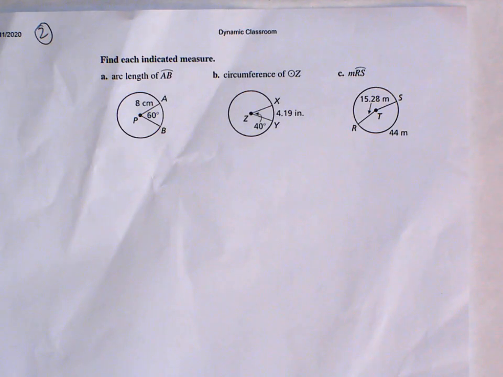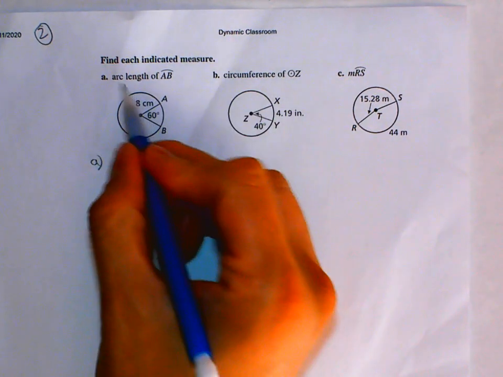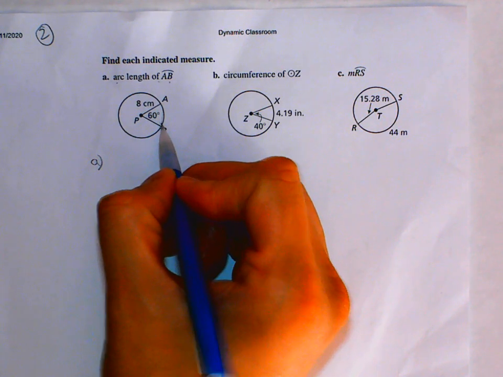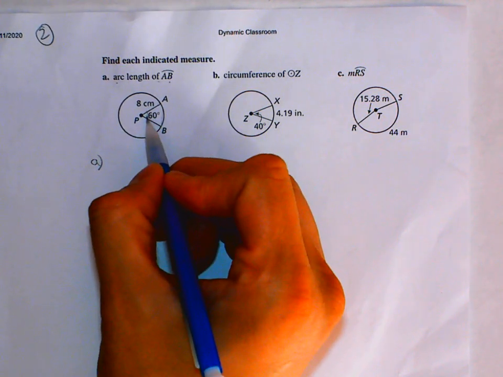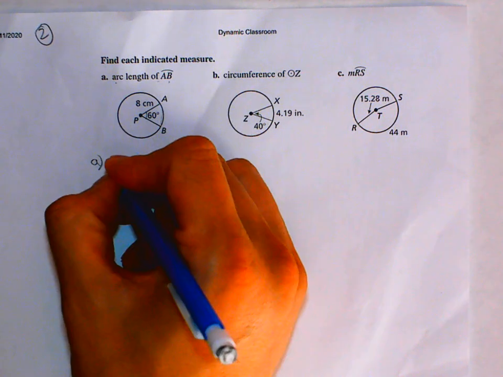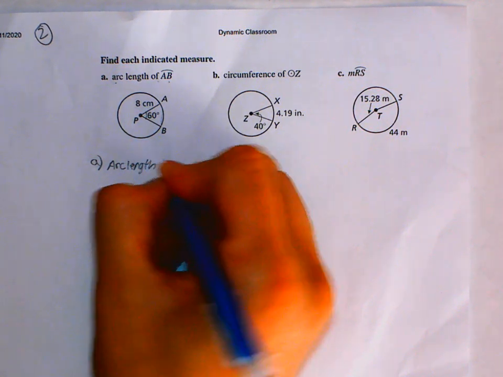Okay, example number 2 has three parts to it. Let's look at A first. They want me to find the arc length of AB, that's this one right here, with a radius of 8 and a central angle of 60 degrees. So if you remember, the equation goes like this. Arc length of AB